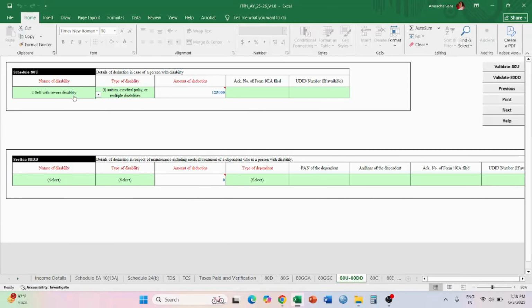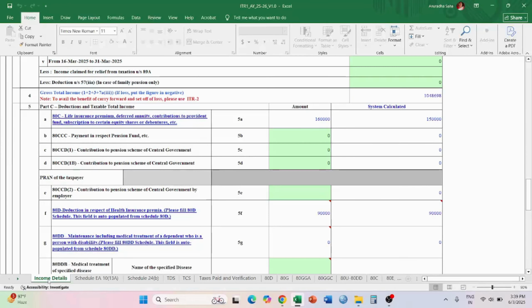And I'm removing this because I do not have any acknowledgement number, but if you have one, in that case you can write it over here. The same is with 80DD also. Now next, once again I move on to this income details page. I move below. Anything else you have, you can just fill it out over here,